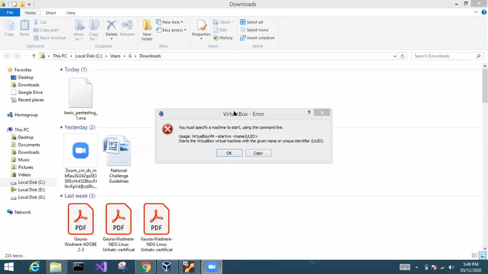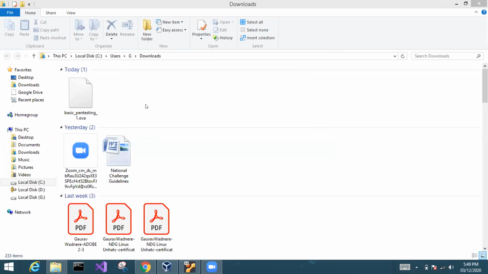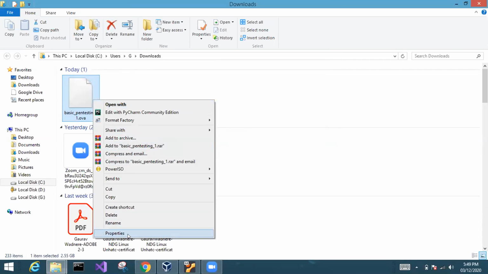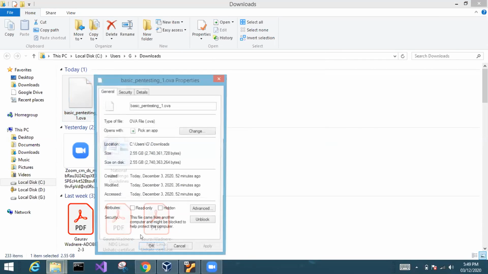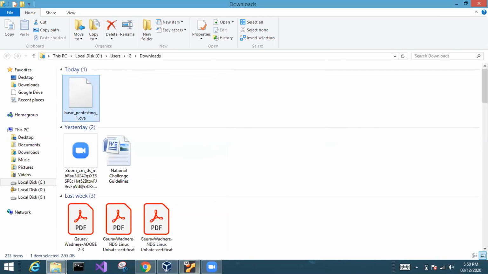But it is showing one error. Share your screen. Error: you must specify a machine to start. Okay, close this. First, check your file size once. 2.55 GB is okay. So go to VirtualBox.